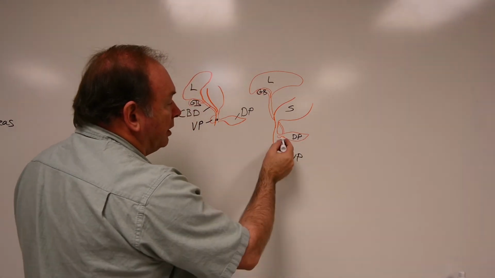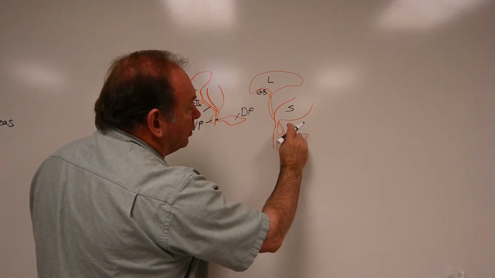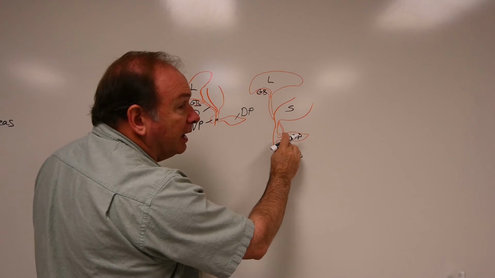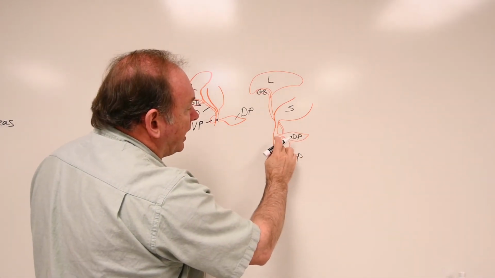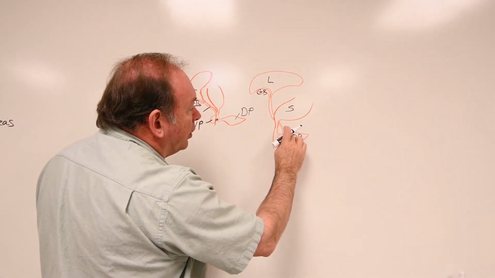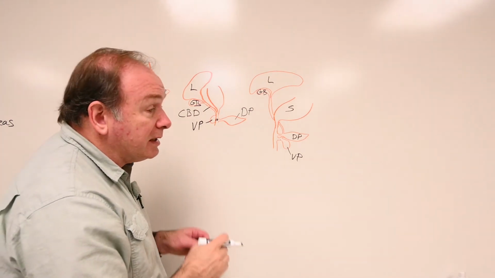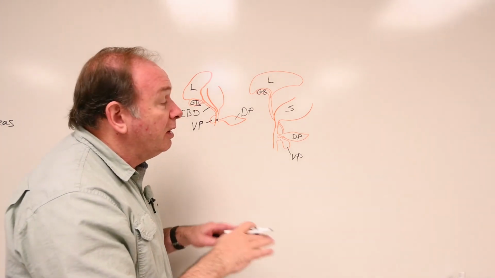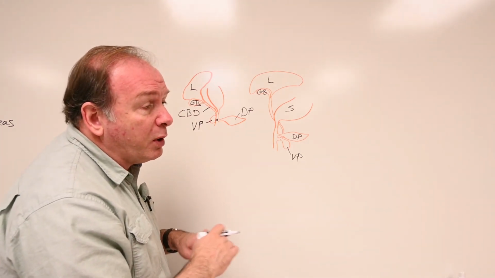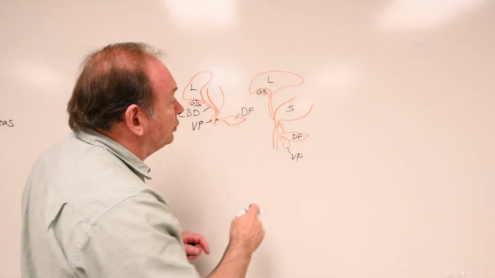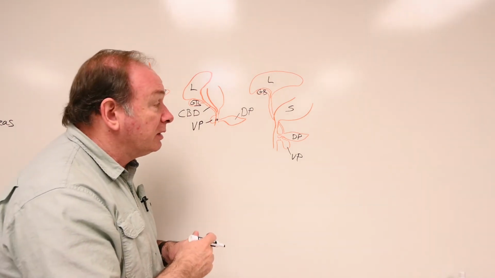the dorsal pancreas. We have two openings here. Eventually, the dorsal pancreas duct will shift over to the ventral pancreas duct so that we join all that together and form that ampulla of Vater location there. That dorsal pancreas connection to the intestine will become the accessory pancreatic duct, which may completely disappear or may be left as just a remnant. A very small population of individuals would have that dorsal pancreas duct, that accessory pancreatic duct, remain